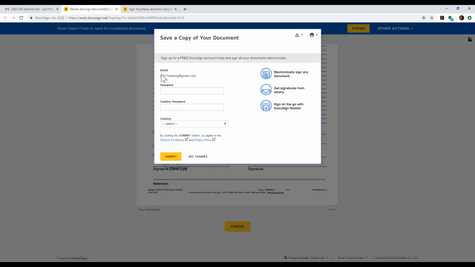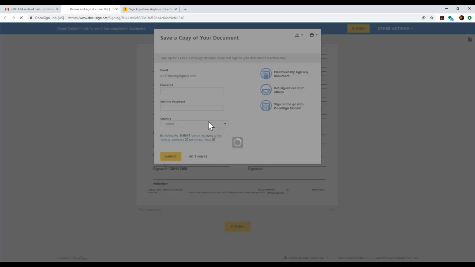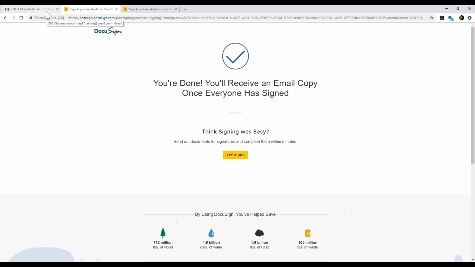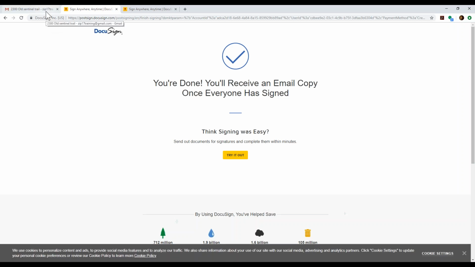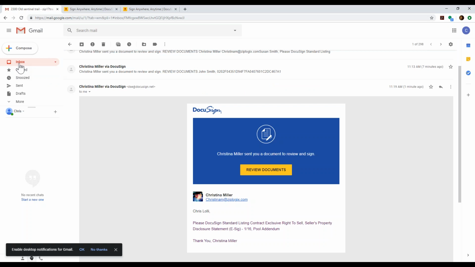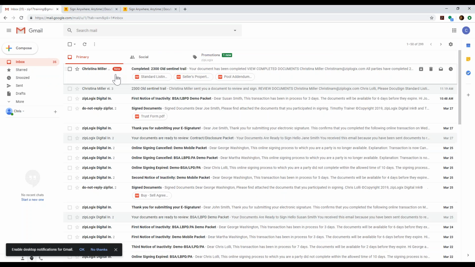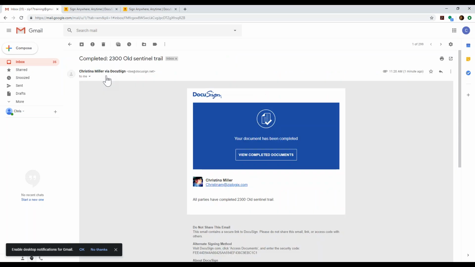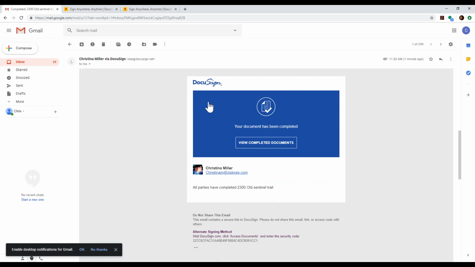Now what's going to happen is two things. The first thing that you're going to get is an email. Okay, you're going to get an email that allows you to access all your documents when they're completed. So this is exactly what just happened. So very quick. So we have access to viewing our completed forms, and we're seeing 2 more messages, which means these other 2 parties also have access to viewing their signed documents, which are completed.